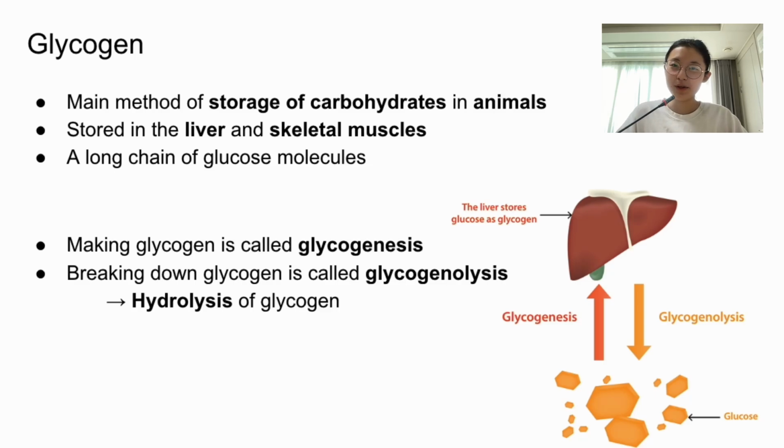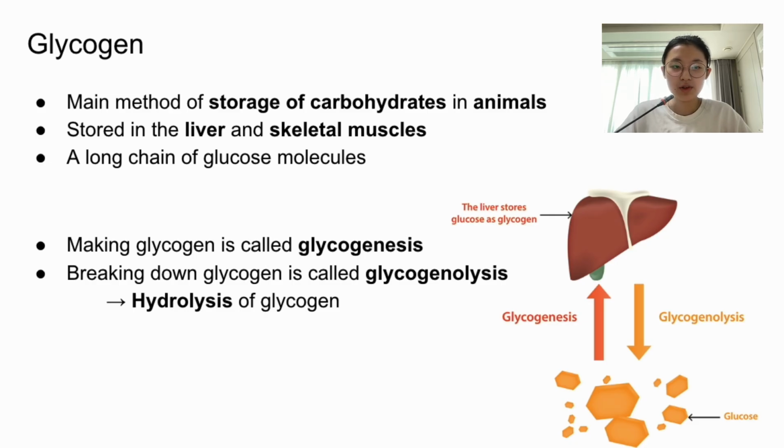Hi everyone, in this video we continue with our British Biology Olympiad preparation series, looking specifically into biological molecules with an emphasis on carbohydrates. Now in this video we're mainly focusing on glycogen, which is a primary carbohydrate storage molecule that's used in animals. It pretty much serves the same general function as starch does in plants, but its structure is much more adapted to meet the metabolic demands and the needs of animals, which oftentimes require rapid access to